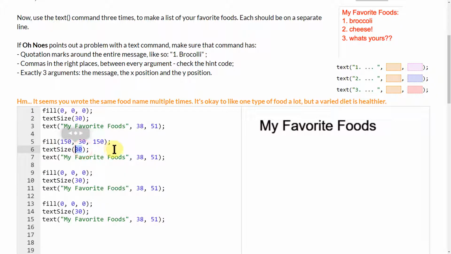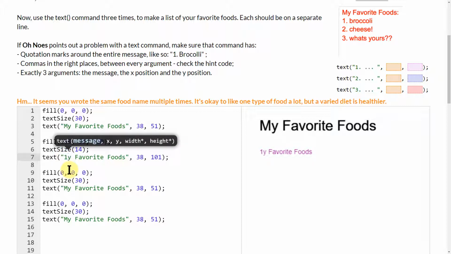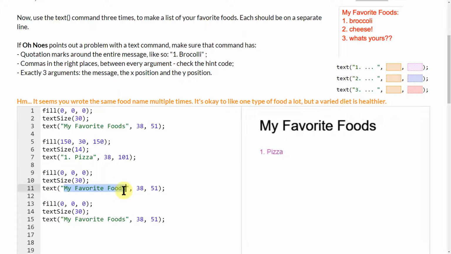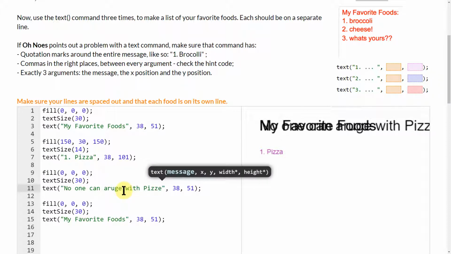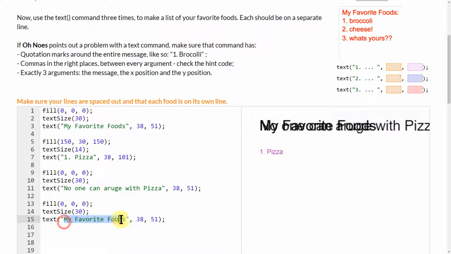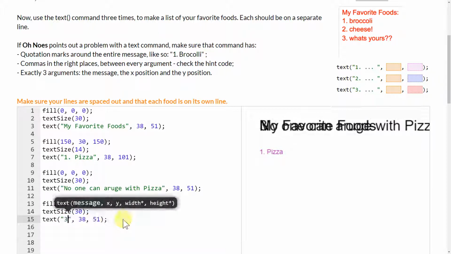I'm going to make a little bit smaller of a size, and I need to move it a little bit. So actually I'm going to just keep them all at 38. I'm just going to move them down a little bit, and I'm just going to put 1 pizza and delete all this stuff, and then this one is going to say no one can argue with pizza, and then I'm going to say must eat pizza,